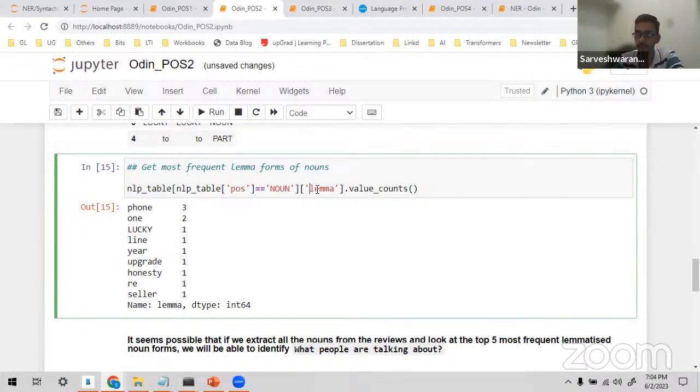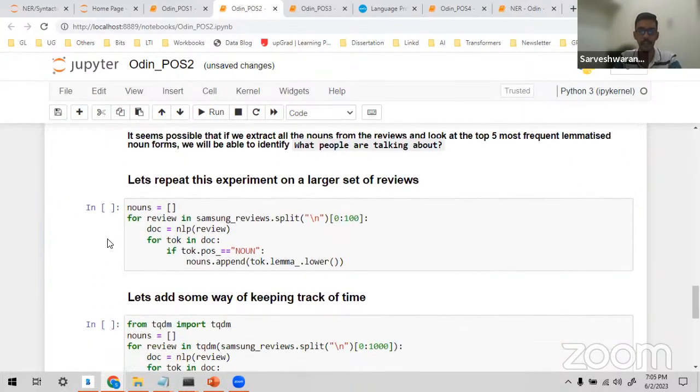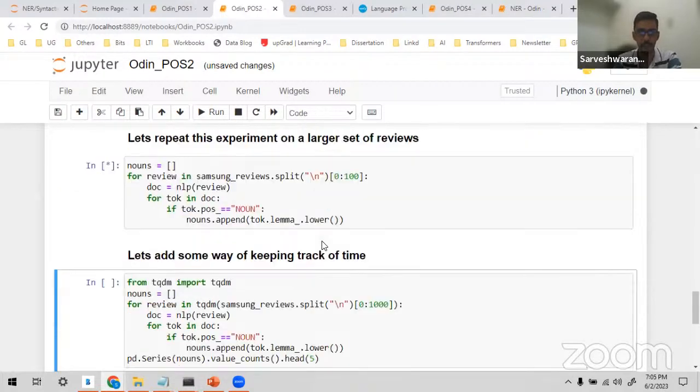What is an inflection form of the word? I have a word called playing. I convert playing to play. I knock off that ing and make it play. Going to go, driving to drive. I don't want to have one word inflected in form; it is just for the grammatical sense. So I make use of the part of speech tag and convert to the lemma of that. And then I repeat the same experiment on a larger data set.